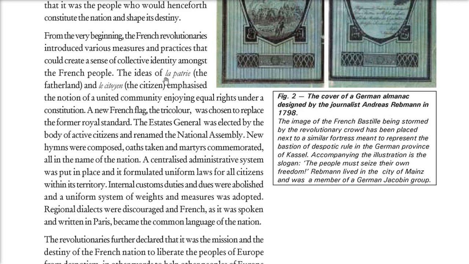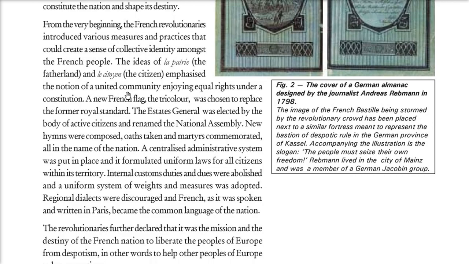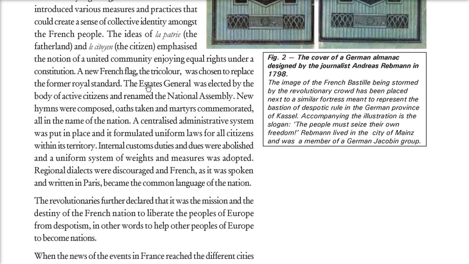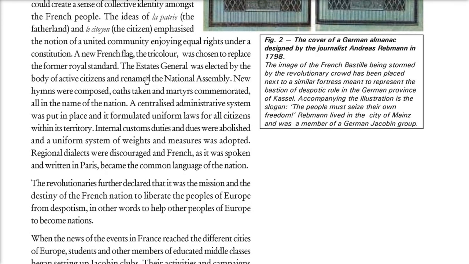For example, the ideas of la patrie, that is the fatherland, and les citoyens, that is the citizens. That is, all are together, a united community, and they have equal rights. If we extend this, a national French flag, the tricolor, was chosen, and the Estates General was changed to the National Assembly, and